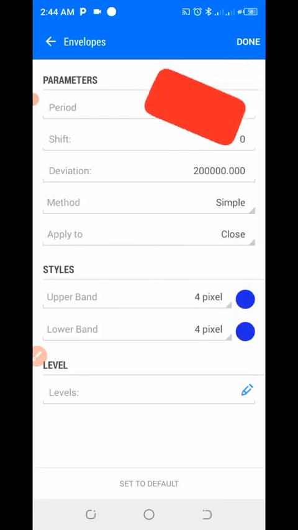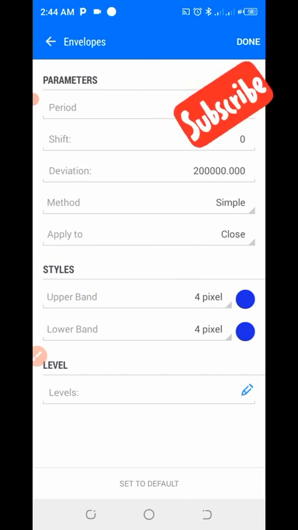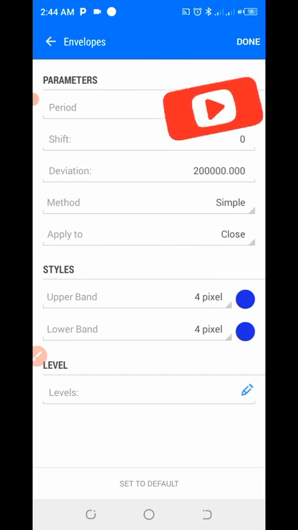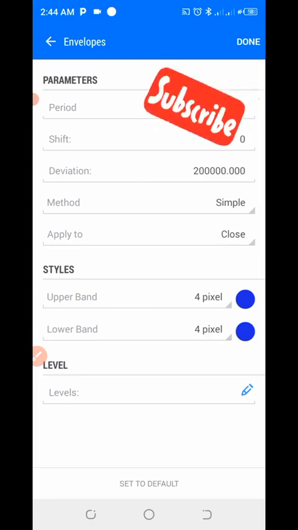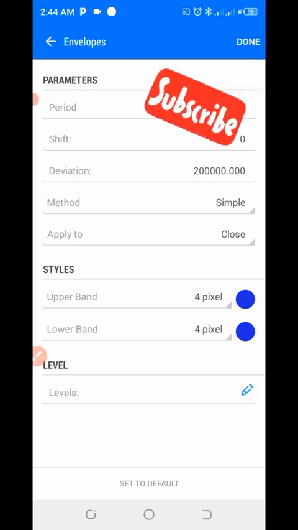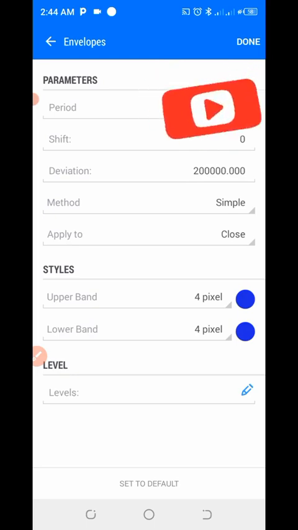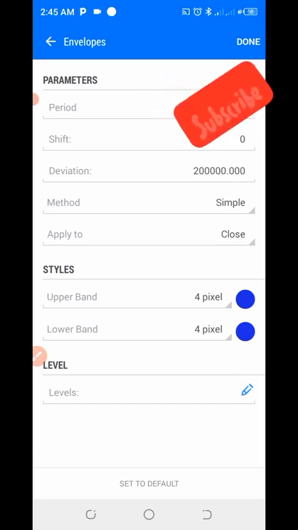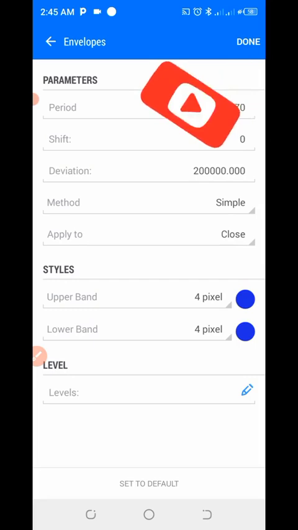Now this envelope strategy, or envelope indicator, I actually have 4 different videos on this envelope where I talk extensively on how you can use it. I call it the envelope strategy. Envelope is a very powerful and very efficient indicator. People have actually been making massive money with this envelope strategy.